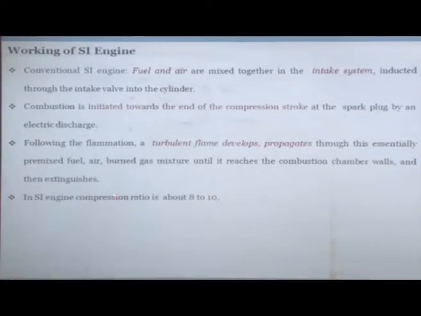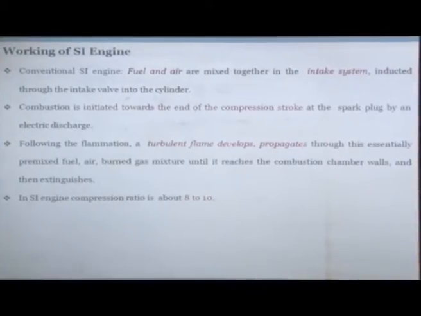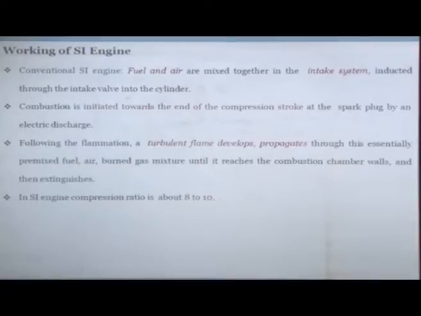So, in SI engines, the compression ratio is limited to 8 to 10, more or less. The whole world now has an agreement that 9.5 is what is sacrosanct for medium load applications, for say bikes, cars, etc. Because if you increase it more than 10, what happens? It leads to knocking, and knocking limits the increase in compression.